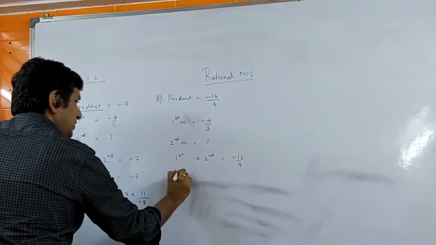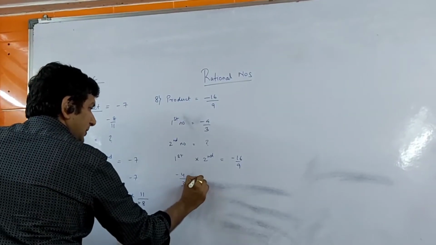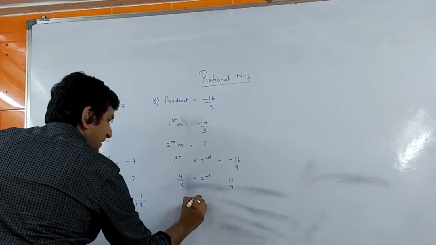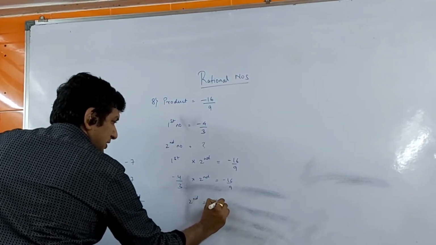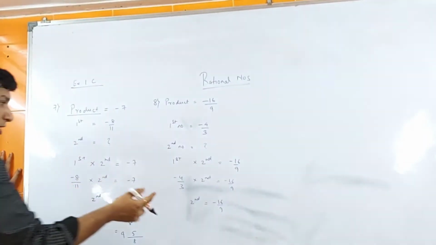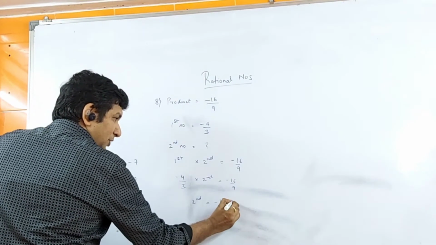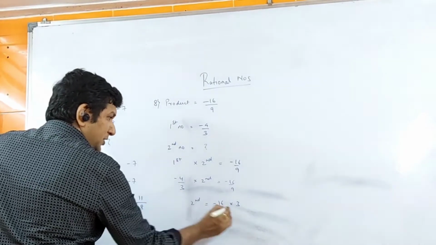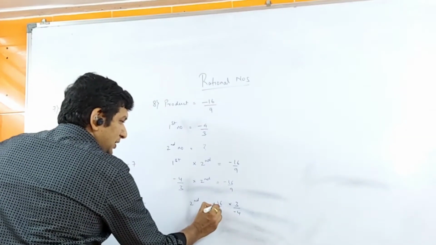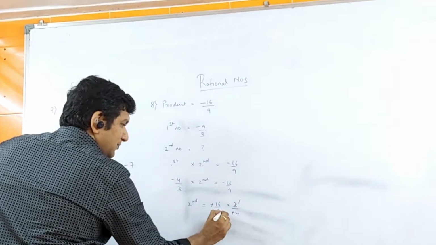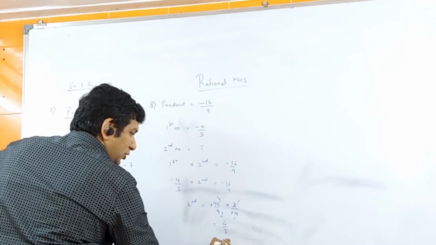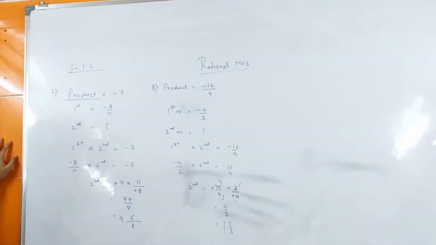What's the first number? We have been given minus 4 upon 3 into second number is minus 16 upon 9. So by second number, same to same students, this will remain as it is. This will not change. Why? Because I'm changing the side, that is why. So here, this 3 will come in the numerator because here it's in the denominator, and this 4 in the numerator will come in the denominator. So now simple guys, minus minus cut, 3 1s are, 3 3s are, 4 1s are, 4 4s are. So answer is 4 upon 3, which is nothing but 1 1 upon 3. This is the answer for the 8th sum.